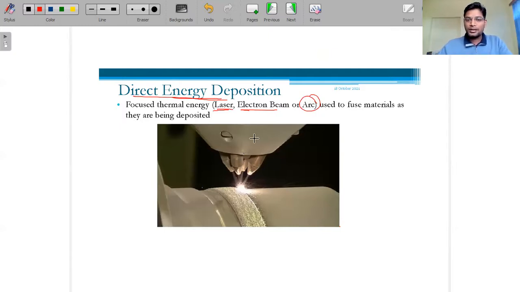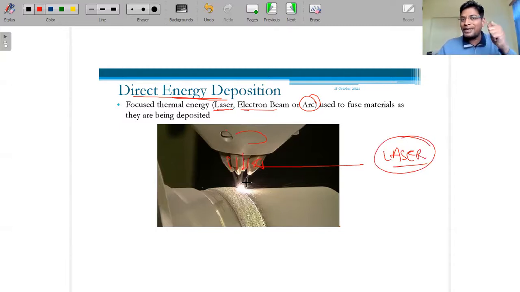So here we are using a simple structure: this is a nozzle, and it is attached with sub nozzles. These four nozzles are connected, and the laser is passing through them. In between there is another nozzle, the fifth one, and from the fifth one the metallic powder is coming. In MIG welding we use wire, so we need high temperature. But when we convert the metal to powder, then a lower temperature can be managed.